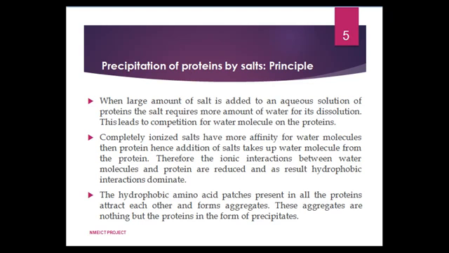In salt precipitation, the ion appears to be more significant. But along with this, other factors like temperature, pH, and the most important, the protein concentration, affect the process to a larger extent. Higher ammonium sulfate is required for precipitating